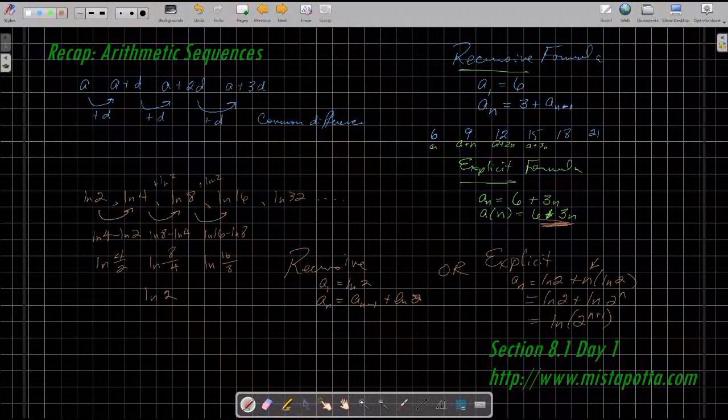So arithmetic sequences can actually take a lot of different forms, not just simply adding the same number. I could deal with this with fractions, or I can deal with this with decimals. I could deal with this with logarithms. There are lots of different ways that I can look at arithmetic sequences. So that's a review, as is talking about